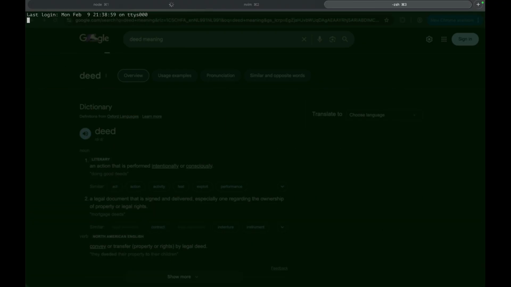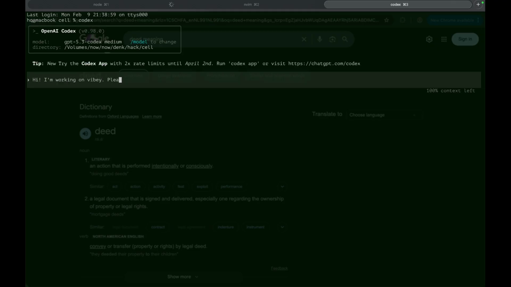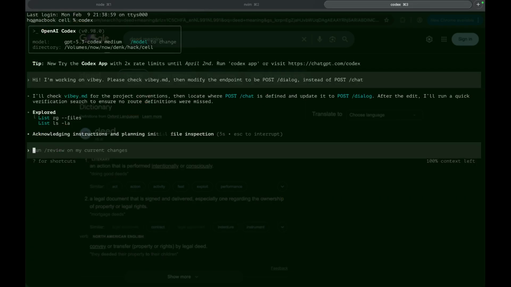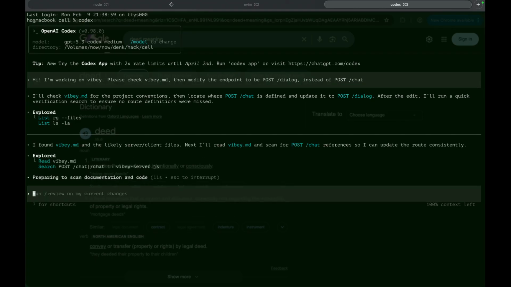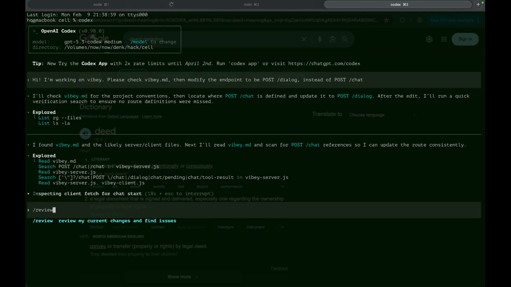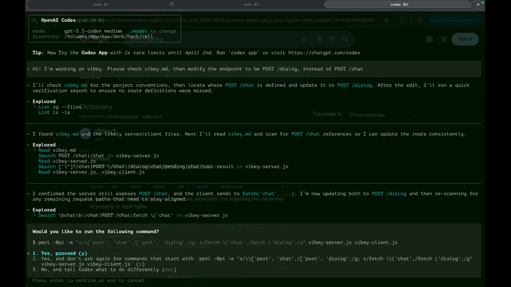I can ask it to rename endpoint to be post dialog instead of post chat. View. Interesting. Parallel. Yeah.